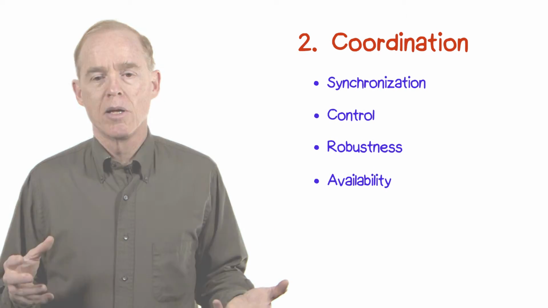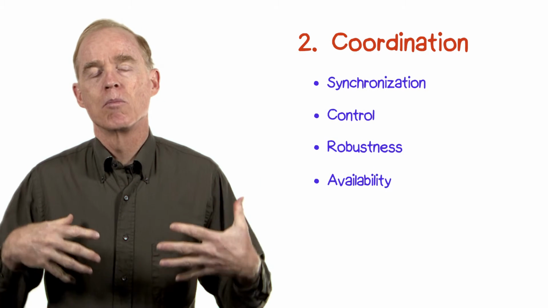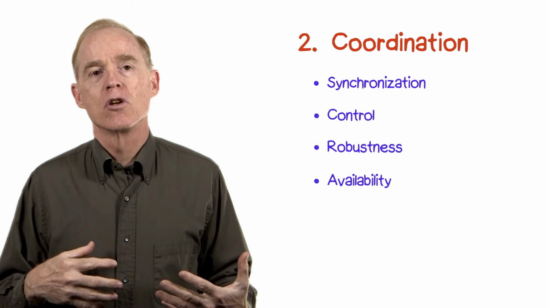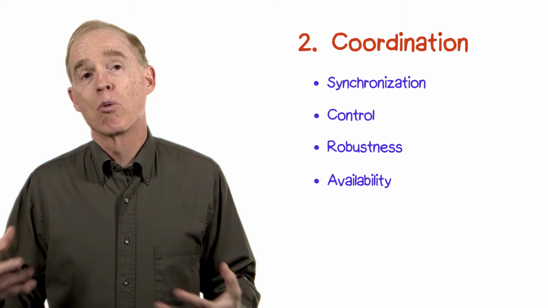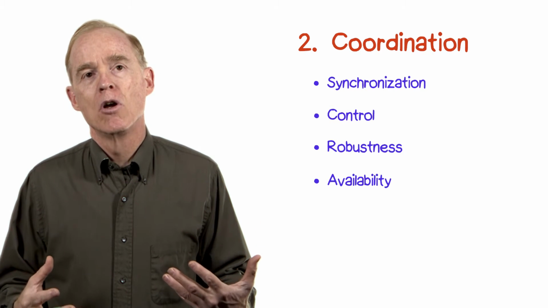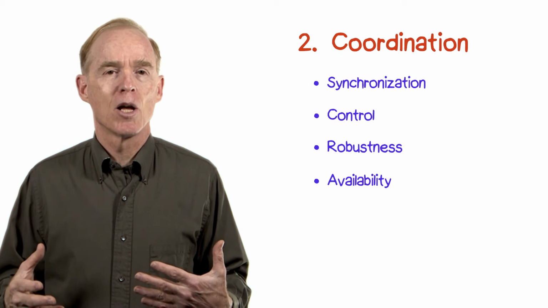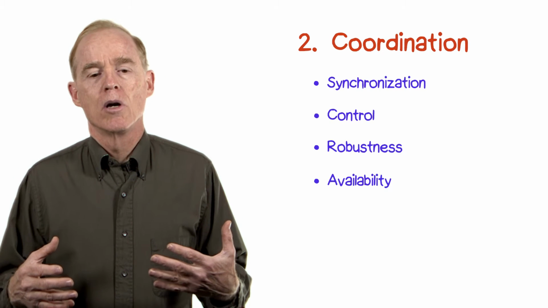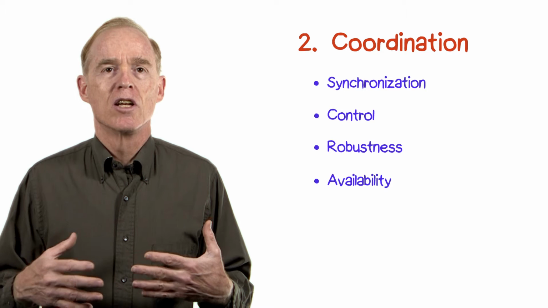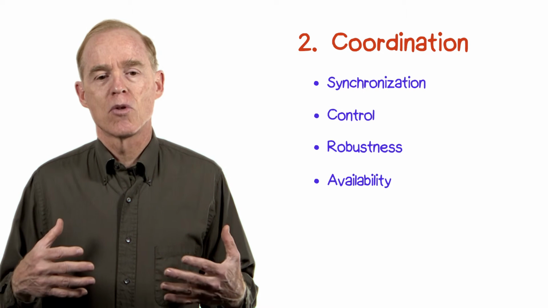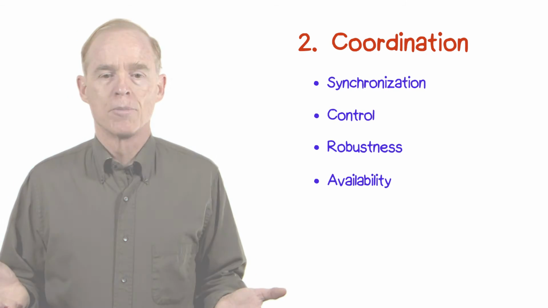Similar to robustness is availability. How does the system appear to the user as far as being available? Is it a 24/7 type application? Does it have set maintenance times? How does it deal with load situations? That is, does it get so slow that the user gets frustrated? All those kinds of questions.